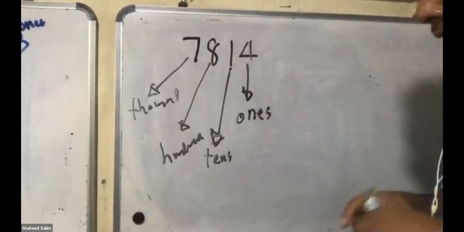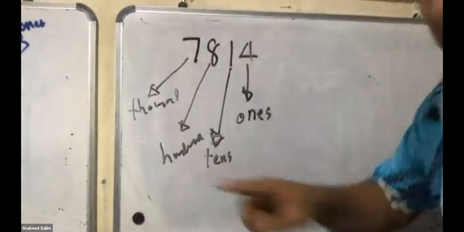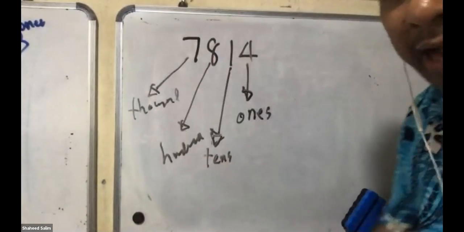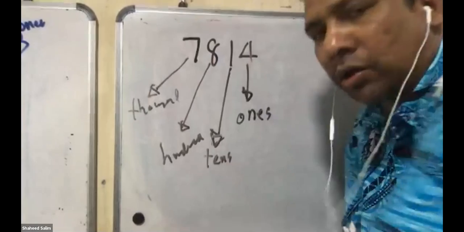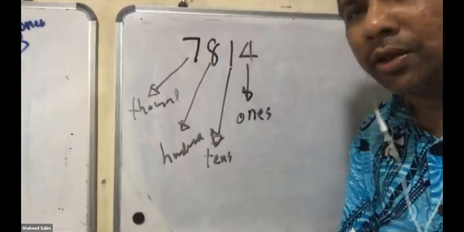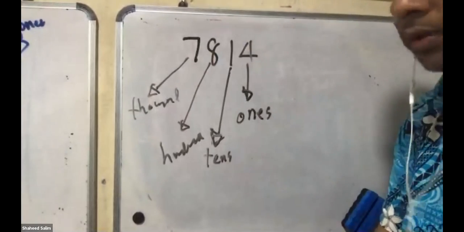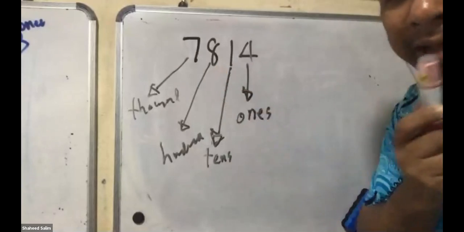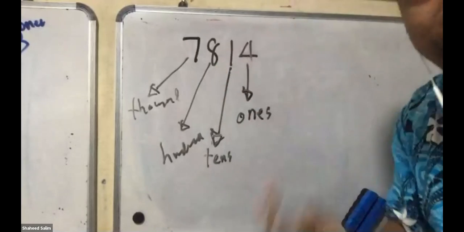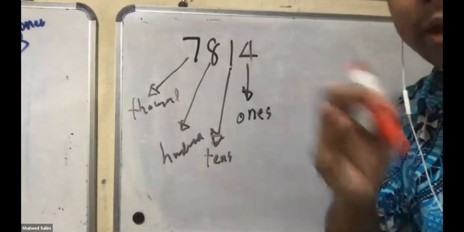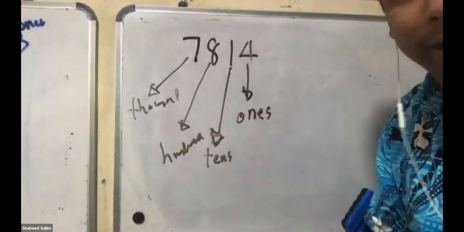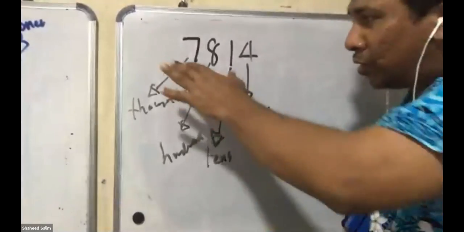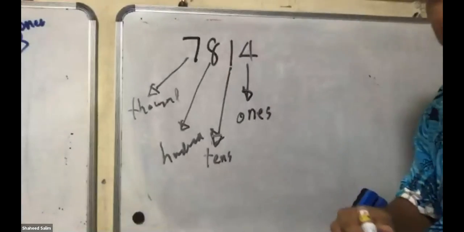Okay. If I ask you for the nearest 100, watch. If I ask you to round off to the nearest 100, we're going to ask Umaira, which digit are we talking about? 8. Nearest 100. 8. Auni, is she correct? Is 8 in the 100th place? Don't do anything. I have not given you the question. How can you be doing? I'm not giving you the question. I just wrote the number only.